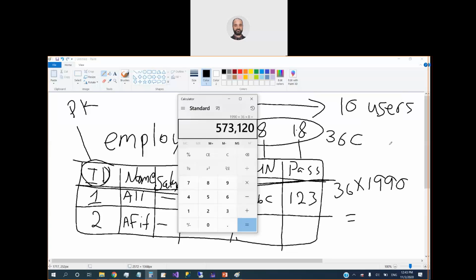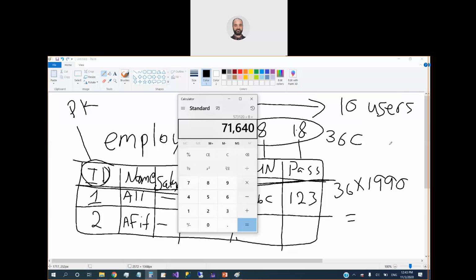It will give us 573,000 bits, which means 573 kilobits. Or if we divide it by 8, it's supposed to be 71 kilobytes